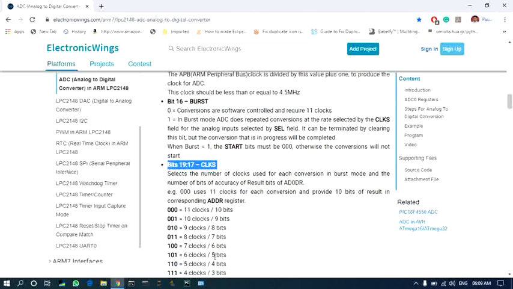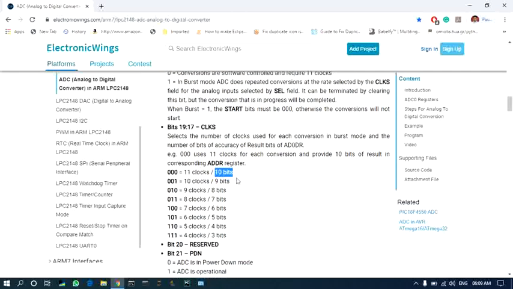For example, if you set 000, it requires 11 clocks per conversion and gives a 10-bit digital value output. So the higher the number of clocks, the higher the resolution.